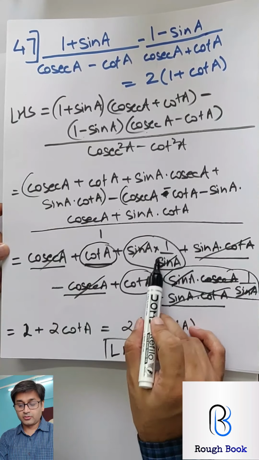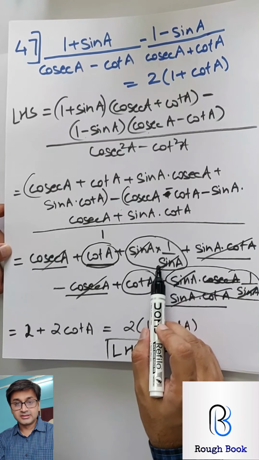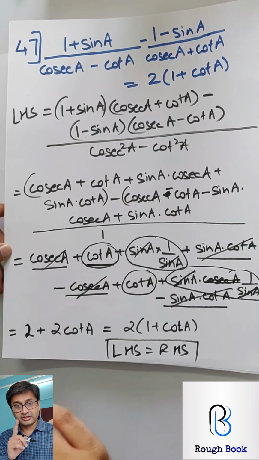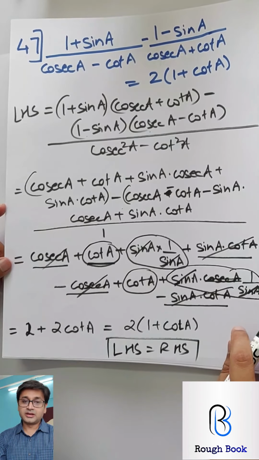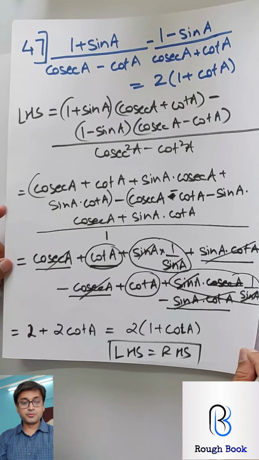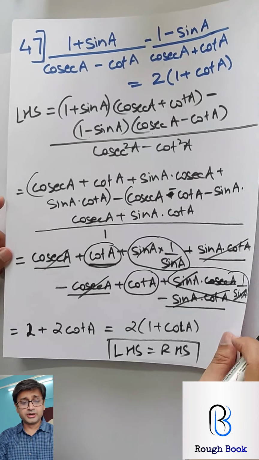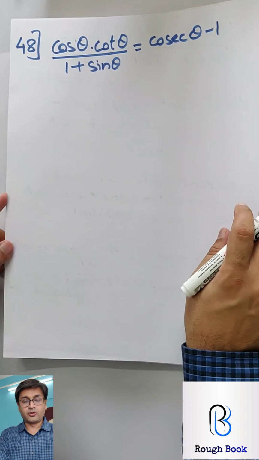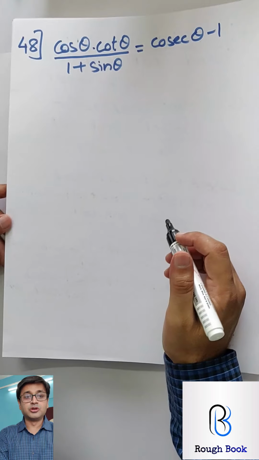Cot A, 2 cot A, 1 plus 1, 2. After cancelling this, people forget that this is 1 and this is also 1, which makes it 2. Don't forget that, okay? This is the only one which is slightly tricky. The rest all were very simple. So I hope you manage this one. If you cannot, look at the video again, rewind, and you will get it. Try doing it on your own. Don't copy it. If you've copied it, do it again, okay? Don't be cheaters, otherwise in the exam you will mess up.